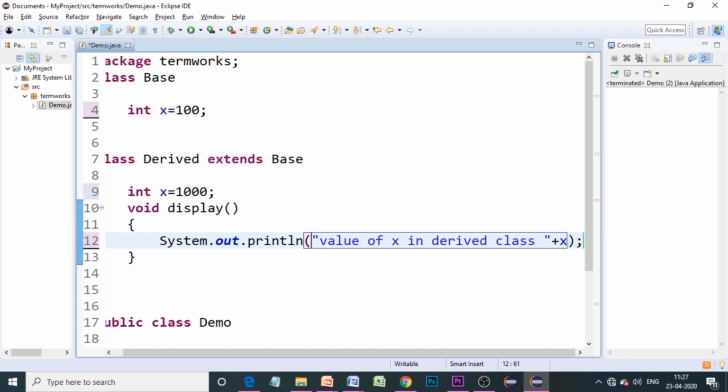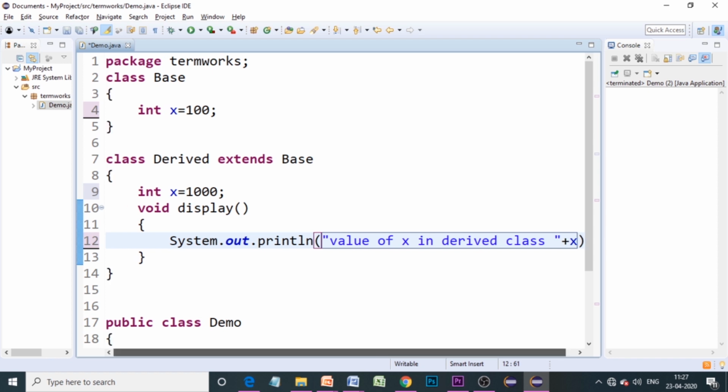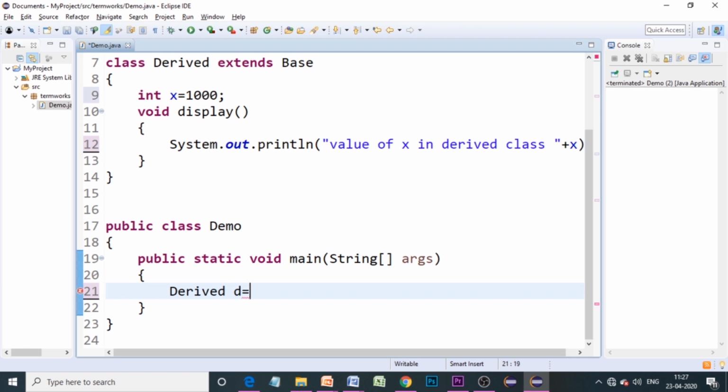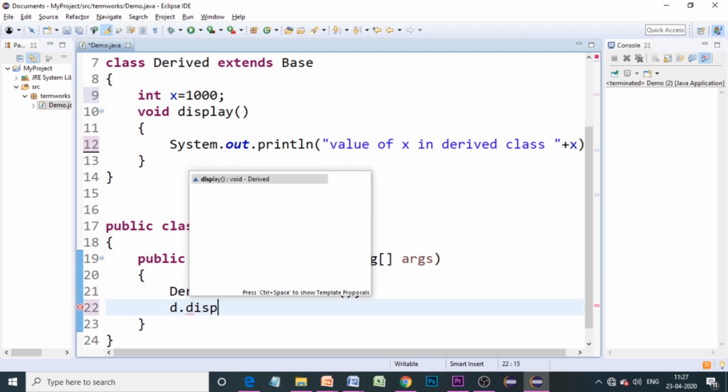And now we have to create an object of the derived class. So this is Derived d = new Derived(); that's it, and we have to call the display method to display the value of x.